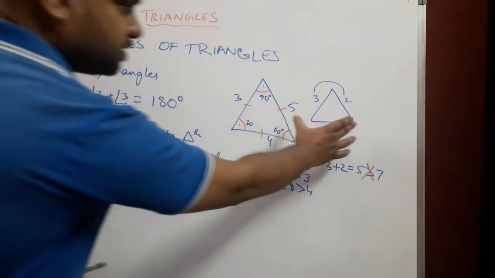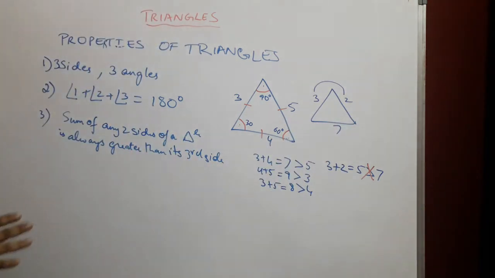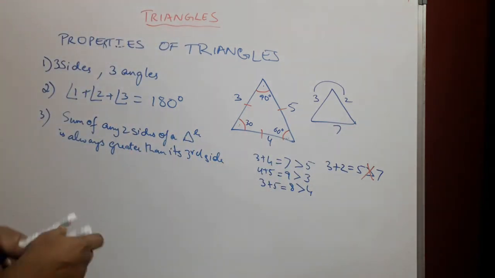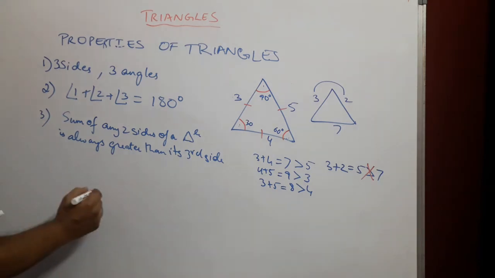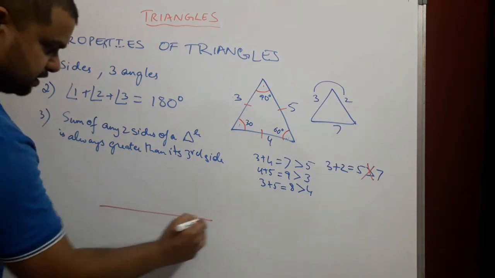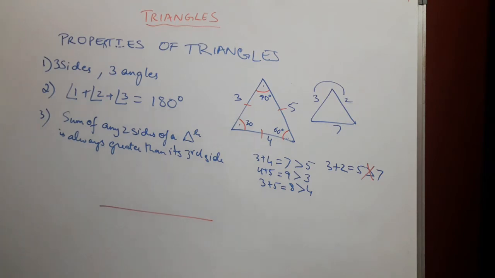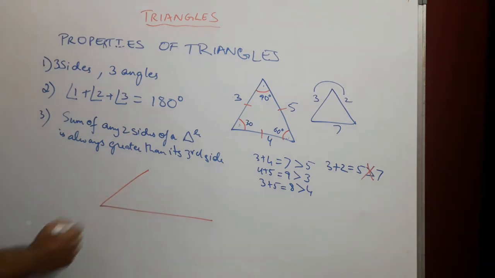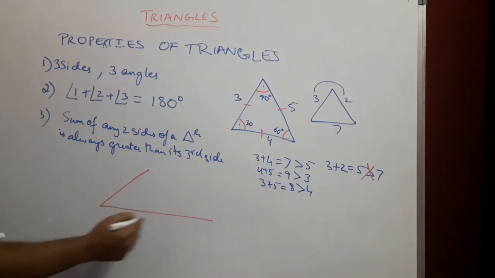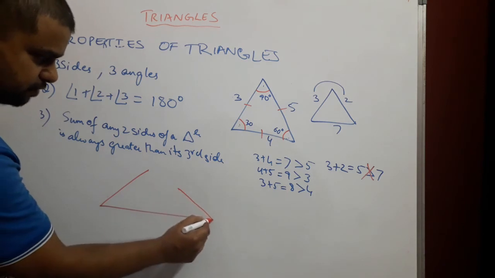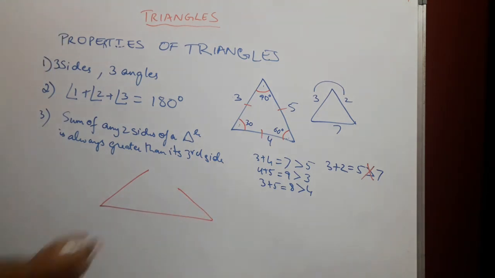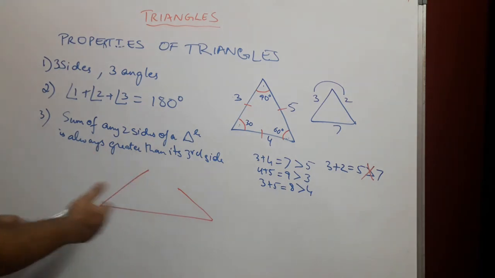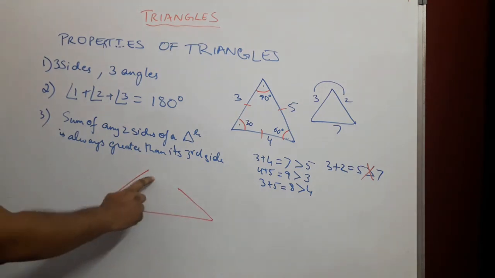We have drawn it this way, but if we actually go to draw this particular triangle, let's see how long the 7 centimeters. So 7 centimeters will be something this much. Okay, let's assume. Then our 3 centimeters will be somewhere around here. But if this is our 3 centimeters, then our 2 centimeters will just reach over here. So once again we come back to that property of what characterizes a triangle, that is, a triangle should not just be a 3-sided figure, it should be a closed figure.